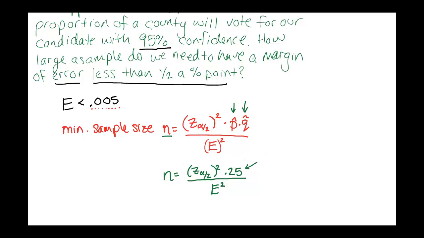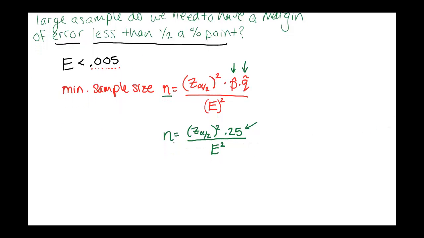So this is the formula we'll use in this case because we don't actually know what proportion of our sample is going to vote for the candidate. We haven't taken the sample yet. So we'll put in our critical number. Now our critical number for a 95% confidence level, this is the same process that we looked at before. You can use the z-score table, and this is one of the special ones that's in the little mini table at the bottom. So this is a critical number of 1.96 times 0.25, or 1/4, divided by,